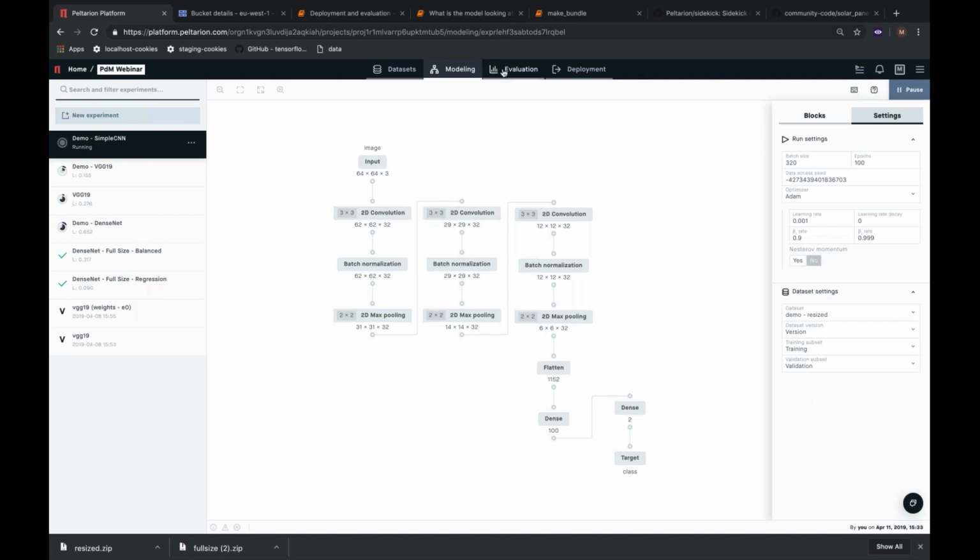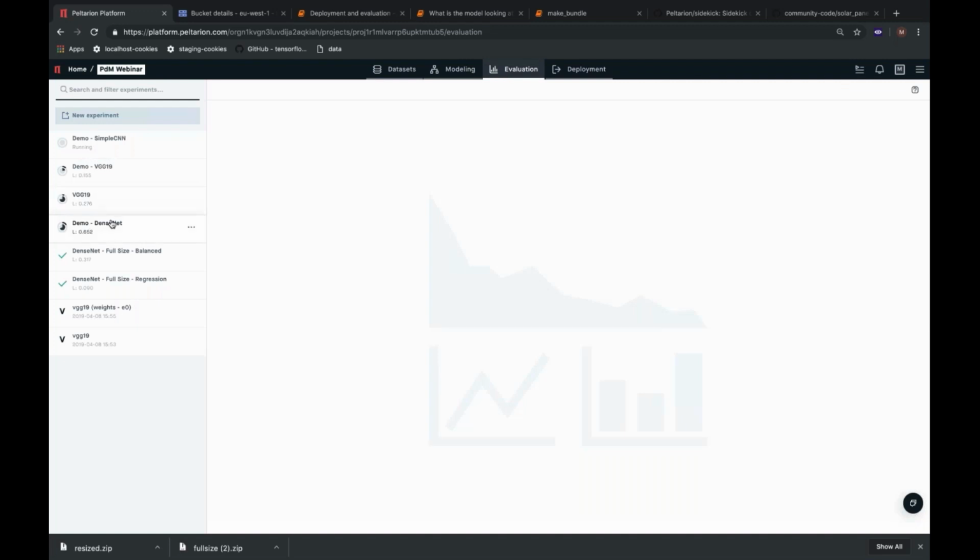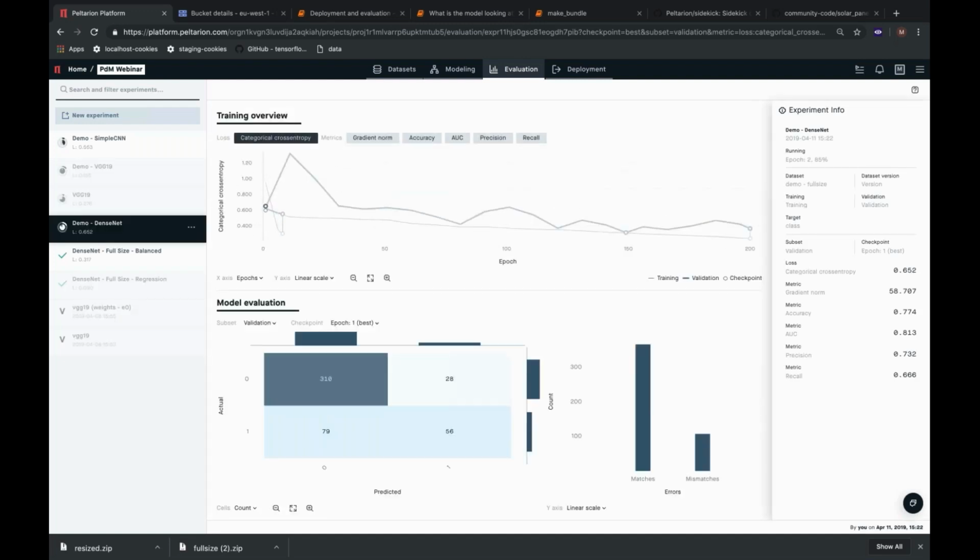Right, so if we now go to the evaluation view, we can look at the models that we have started and see that the first one, the DenseNet, has only trained for 2 epochs because it's slow, but we can nevertheless look at what the view looks like. So up here are some training curves, which I will come back to soon, but maybe the most interesting one is the confusion matrix down here,